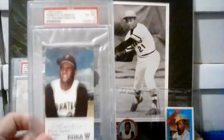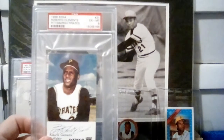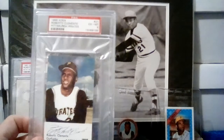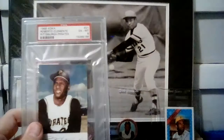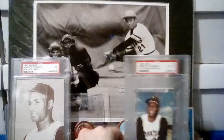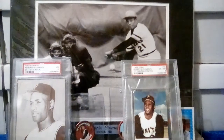And who knows, if I'd gone up just that one more increment, maybe I could have gotten the 8. But I would have been spending twice as much money, so I guess consider that and all. But overall, I'm plenty satisfied with the 6, and I don't need to chase those extra grade points. And speaking of registry points, I thought I'd take a minute or two and talk about my Clemente